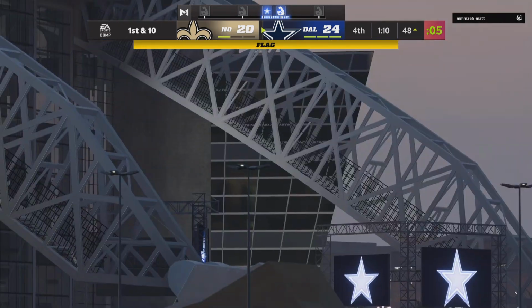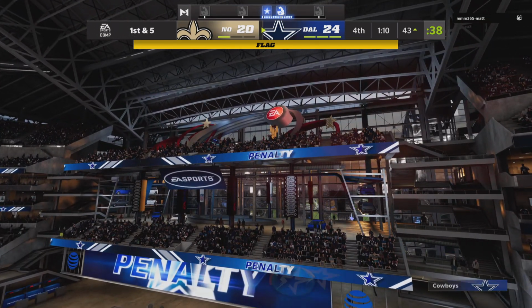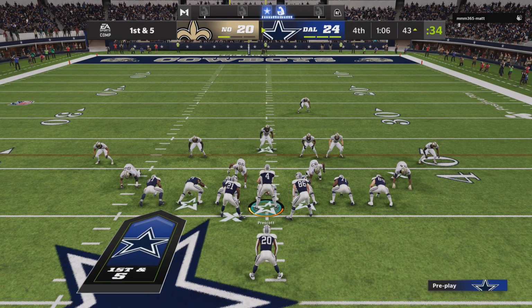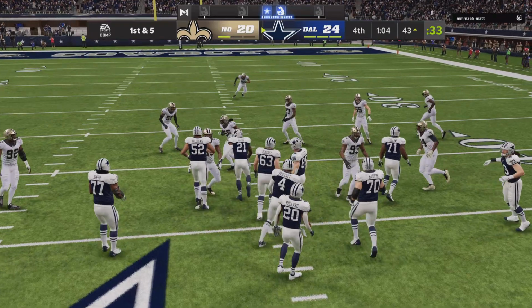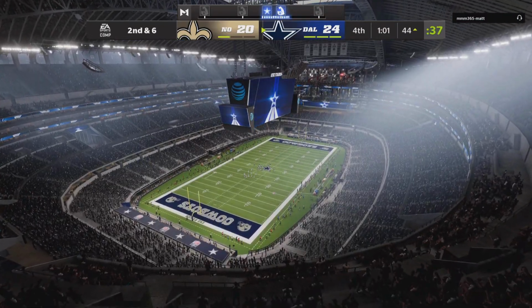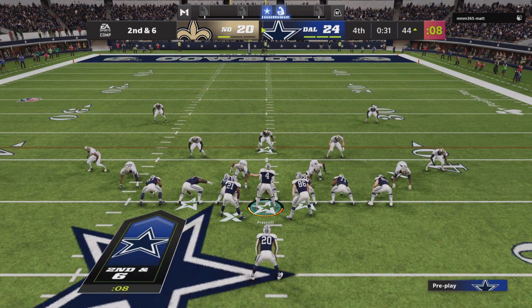Now flags will come in. I think this one's going to be on the defense for jumping. Got a little antsy there from his Mike linebacker position. Partner, there's times you think you've timed up the quarterback's cadence. You think you've got a read on it. He might have thought it on that play. He was wrong. If nothing else, they've already taken a couple minutes off the clock here already